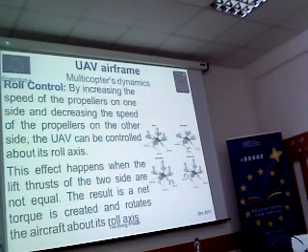When we want to make the rotation like this, we have to decrease the speed of the 2 left motors and make the speed of these 2 higher than this one. So the lift generated by these 2 will be higher than these 2, and a roll moment will be created with respect to the roll axis. So the drone will tilt like this,